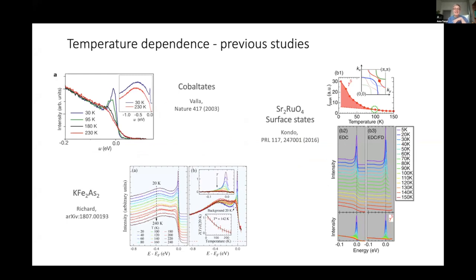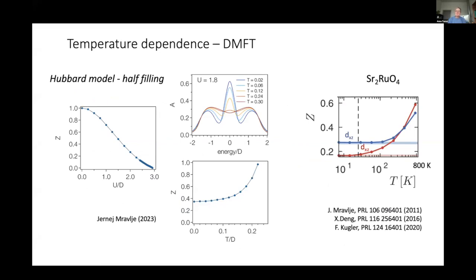Fine. Then these are the experimentalists and what DMFT, or what theory, finds. I have here 2 cases. I took this from recent calculations from Yerny Imraliev. You take the Hubbard model at half filling, and you extract a Z from the slope of the real part of the self-energy. As you increase U, eventually the system will enter into the insulating phase, so Z will go to 0.